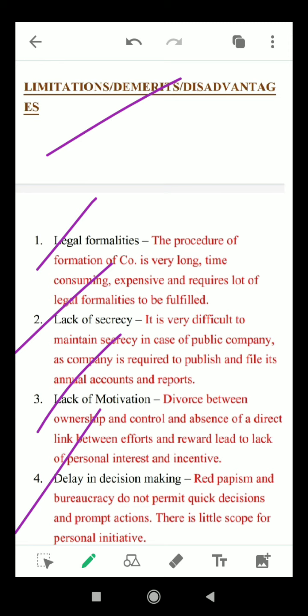If some business opportunity arises and a quick decision is needed, it will not be possible to arrange a meeting all of a sudden. It will take time to arrange or hold a meeting or call the board of directors or general houses. Yes. So because of that, they lose so many opportunities, because they delay in giving their decisions, and the opportunities of the business may slip from their hand. Yes.